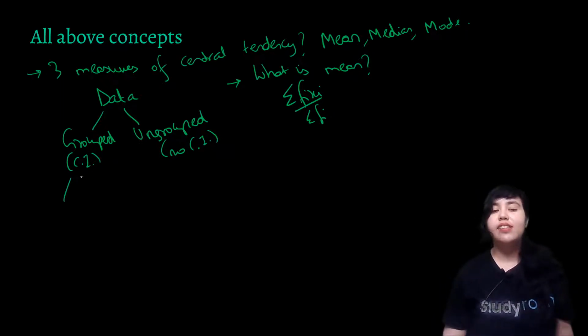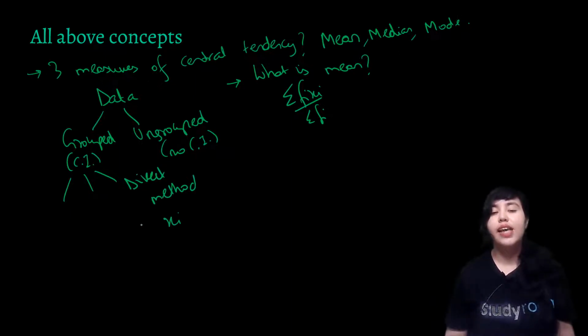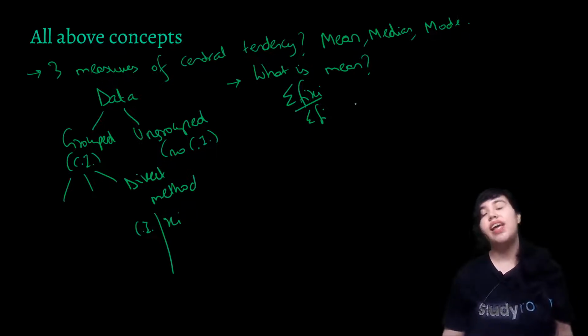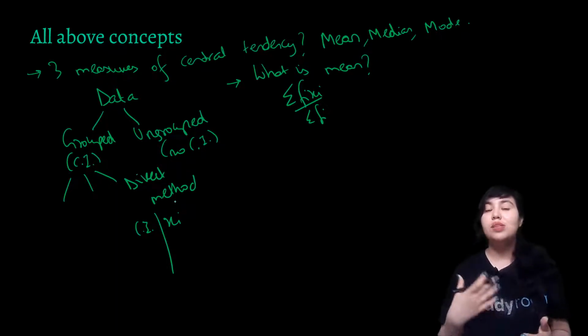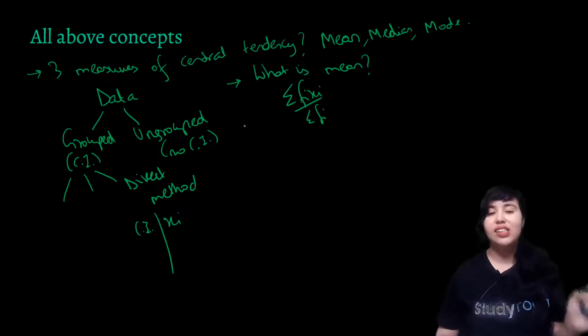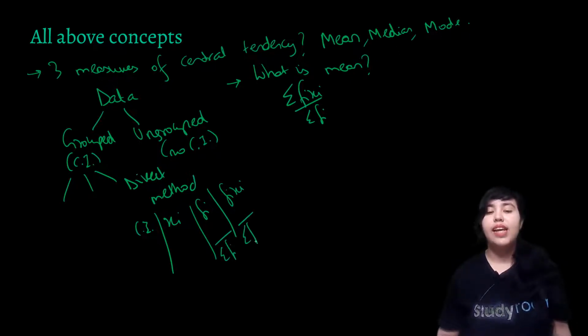But for grouped data, there are three methods to calculate mean. The first one is this only, the direct method. So here, what are the columns? We have the class interval first of all, because this is grouped data, and we have xi. How do we get these xi values then? They are your class marks. It doesn't mean the marks of a class, it refers to the midpoint of a class, because it's based on the assumption that your frequency is centered at the middle point of this class interval. Then we have fi, and then we calculate fi xi. We take the sum of fi and fi xi. Then we divide the two using this formula. That's how we go about calculating mean using the direct method.